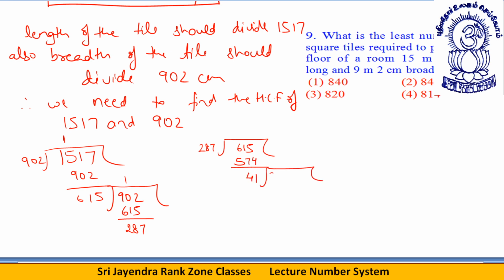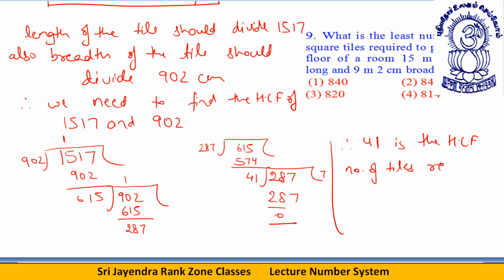41 divided into 287: 7 times, 287, yes, remainder 0. So what do I get? Therefore, 41 is the HCF. But what is the least number of tiles? So the number of tiles required are